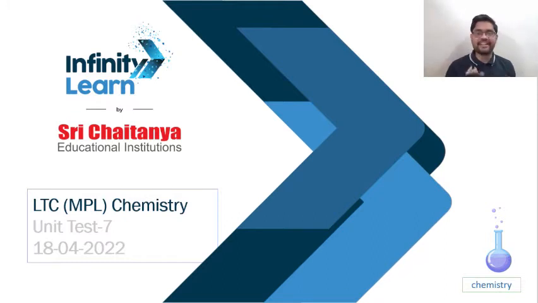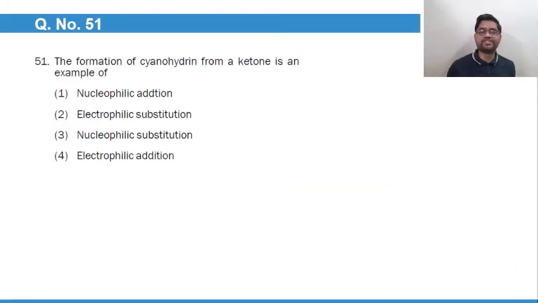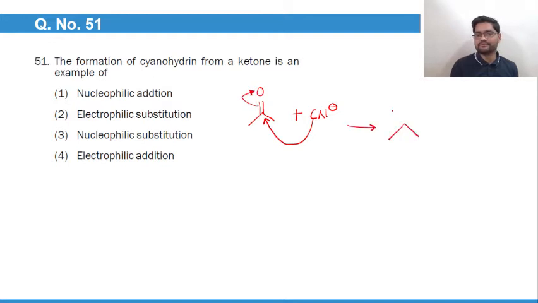So let's get started. The first question that came in the examination is the formation of cyanohydrin from ketone is an example of. Okay, so ketone is this. Formation of cyanohydrin takes place when cyanide ion attacks. Cyanide ion attacks on this carbon and the electron will get shifted and the product will look something like this: